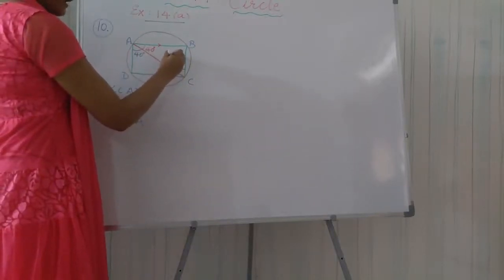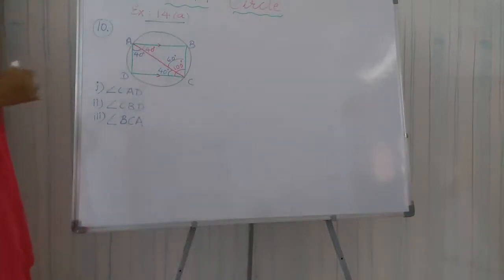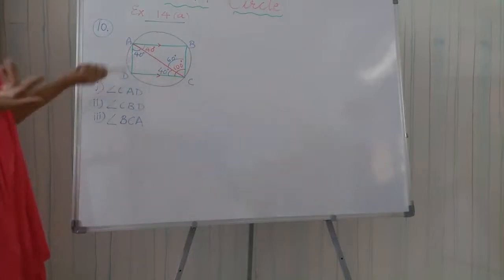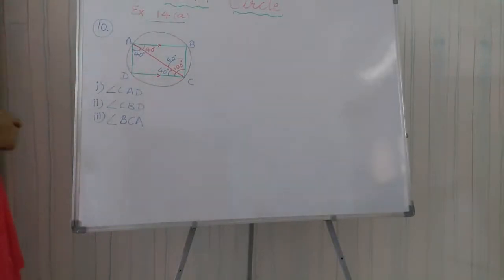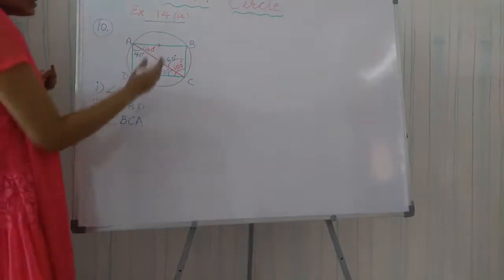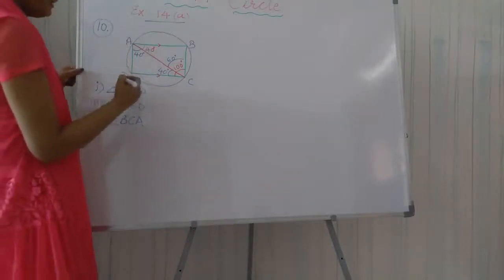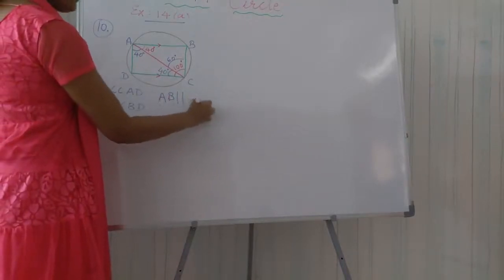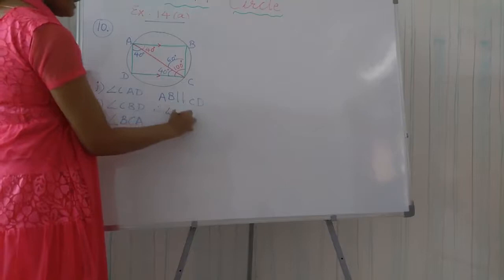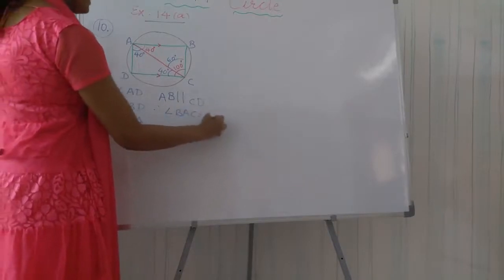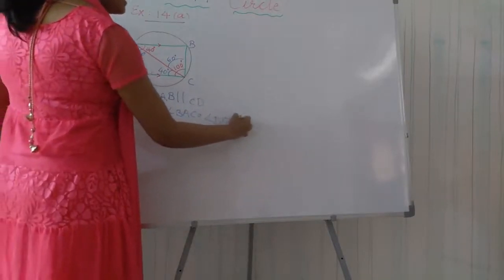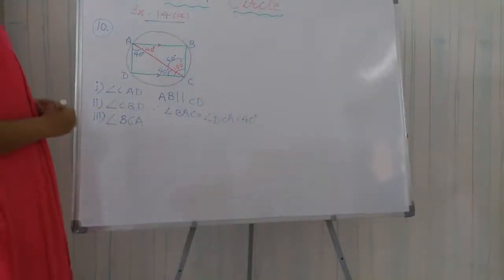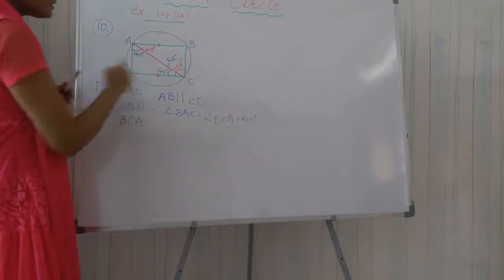One more thing, that if this is 40 degree and the whole is 100, so this must be 60 degree angle. So now you can see here many things we have found, and CAD, that already we have found first angle. You can see this is 40 degree. So I am writing now the things I explained to you right now. First of all, I am writing here AB is parallel to CD. Therefore, angle BAC is equal to angle DCA is equal to 40 degree. Right? So, you can say that this is 40.